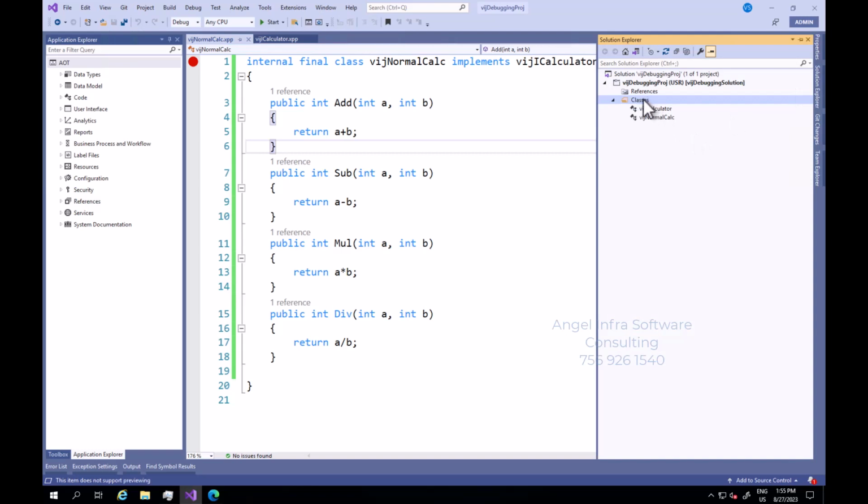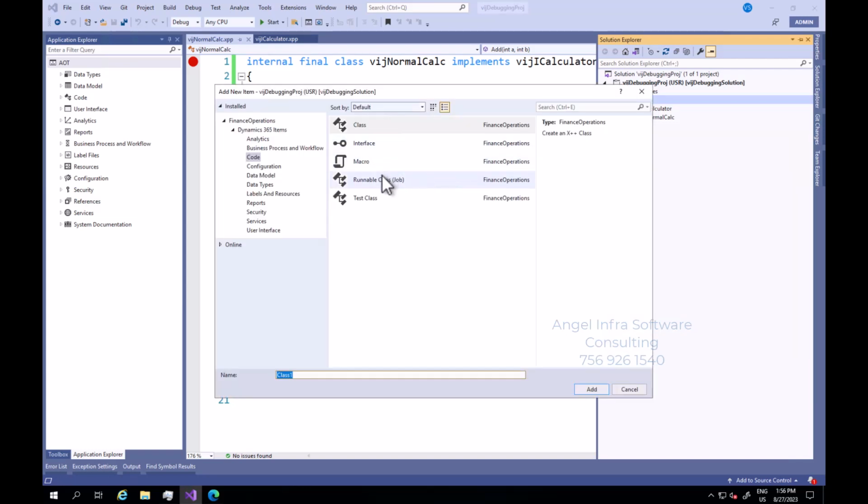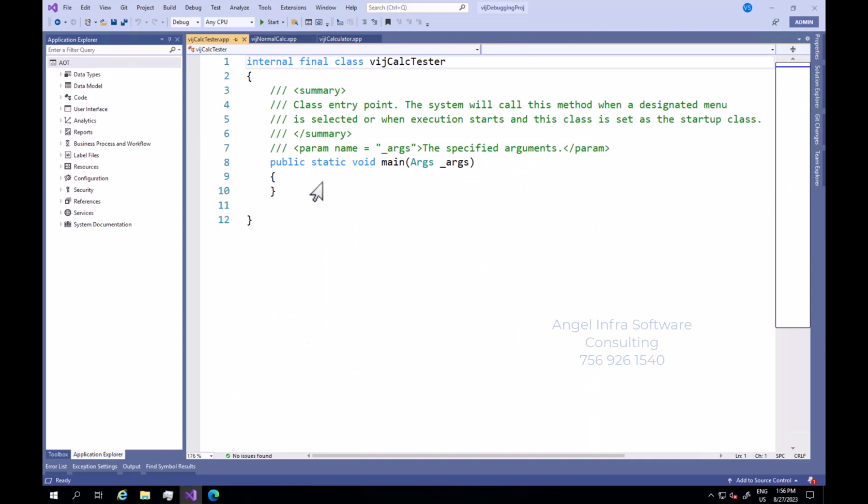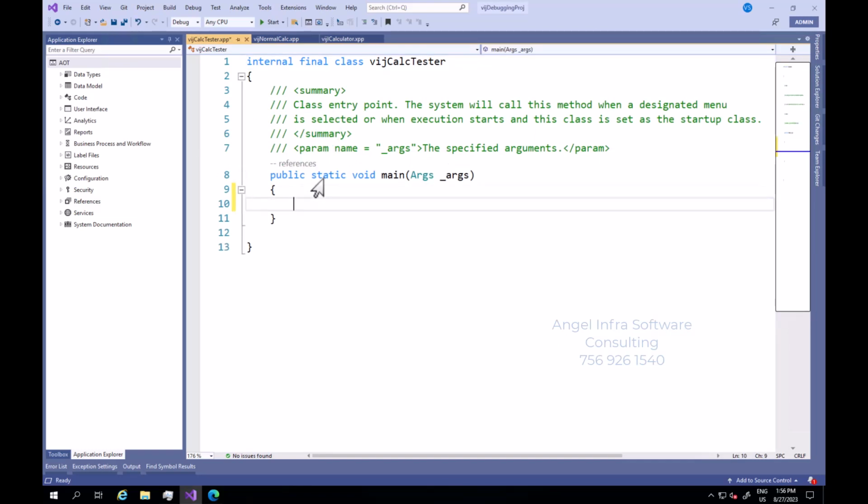So to test this, we need to add an additional class, a runnable class. Add class. This time we take a runnable class, calc tester. Just added this class. Okay, now you just create an instance for the calculator. You can do it in two ways actually to create an instance. So one way is normal creation,